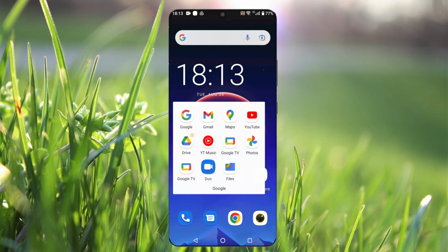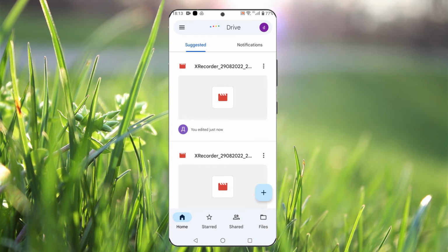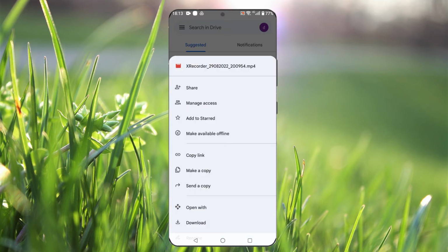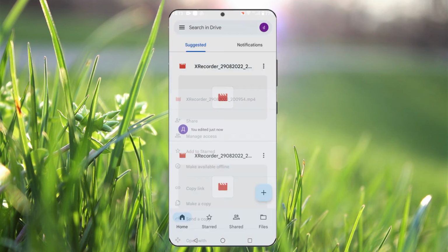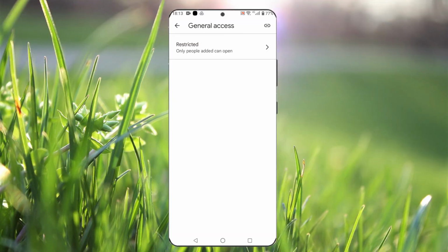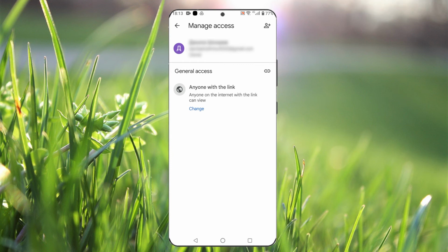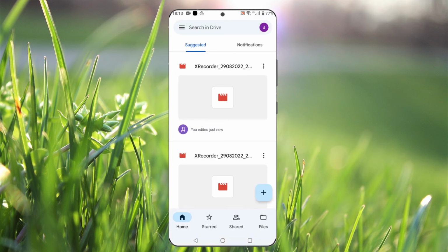Go to Google Drive. Find your file. Manage access. Change. Anyone with the link. Copy the link. Now you can send this file, for example, to your friend and he will be able to